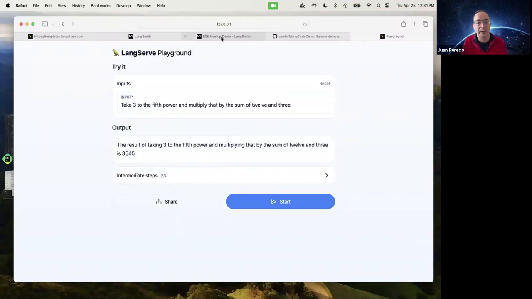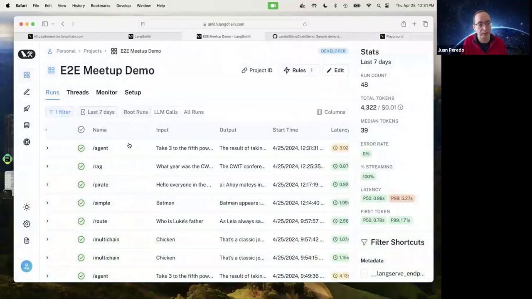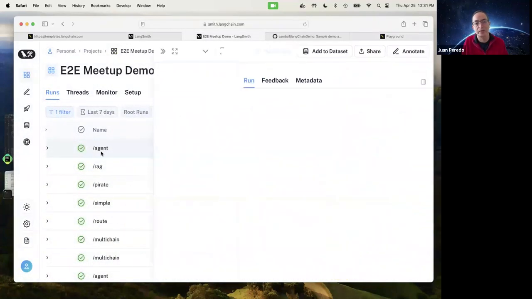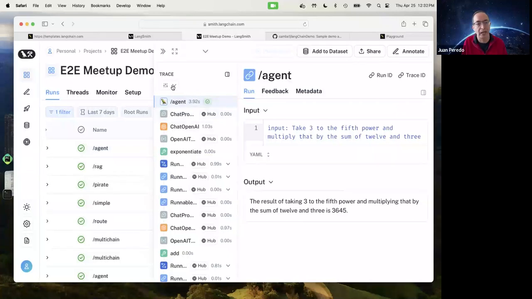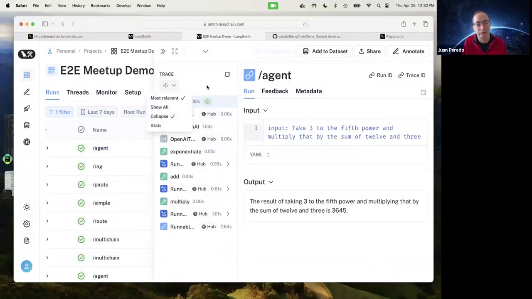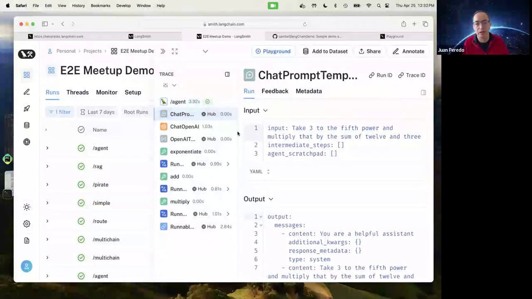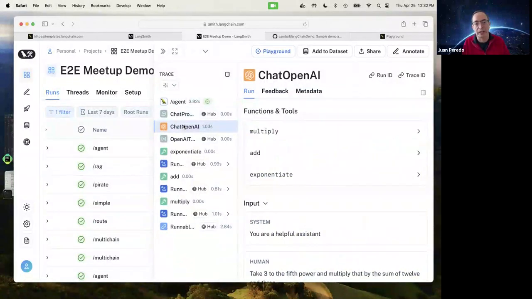But let's see how that worked under the covers. So here's our agent, and I'm going to hide some of the not relevant items so that it's easier to see what happened. We have our prompt, the question that we're asking, and then we send that to OpenAI.